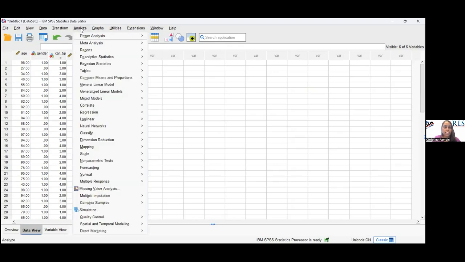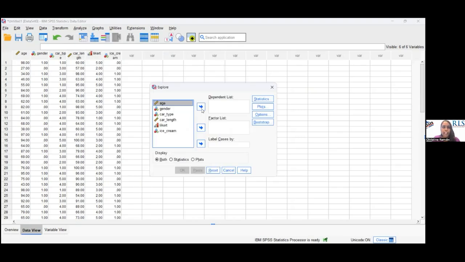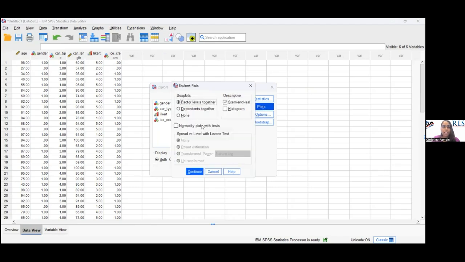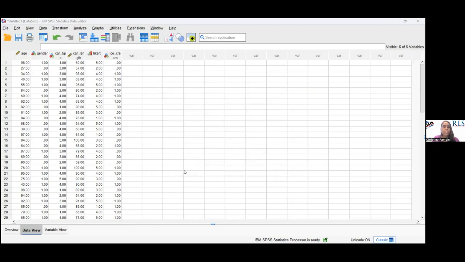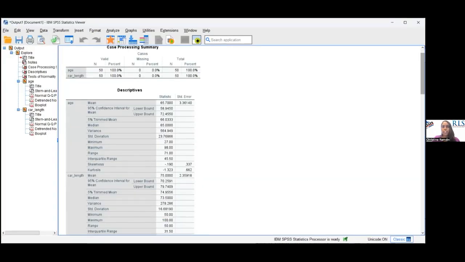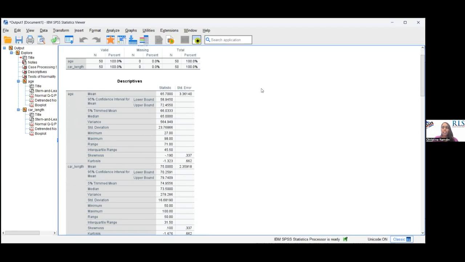I can hit Analyze, Descriptive Statistics, Explore, and then you can put however many continuous or scalar variables in here. You click Plots, you click Normality Plots with Tests, you click Continue, and you click OK. And here is the output. What SPSS did here, essentially, is run this analysis to check the data normality for each of these variables,